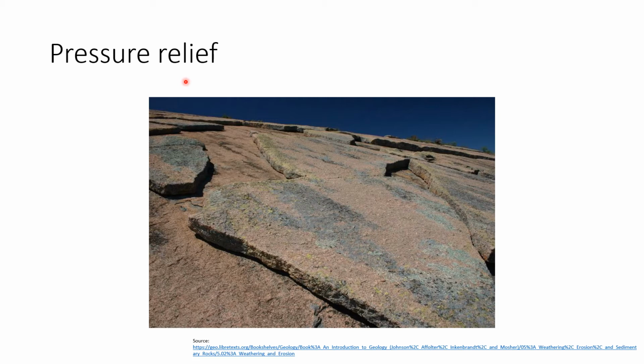It's under much less pressure than it was when it was buried deep in the earth. Well, what it does when it does that, it starts to expand out, and the outer edges of the granite will actually pop loose. And you can see how it is onion-like. You have these layers from this granite. This one's not Stone Mountain. This is too pink. But it's popped loose from the rest of the granite, making these layers. And if you do go to Stone Mountain sometime, you can see these giant layers on top that have just broken off in these slabs. And those are called exfoliation domes or pressure relief fractures.